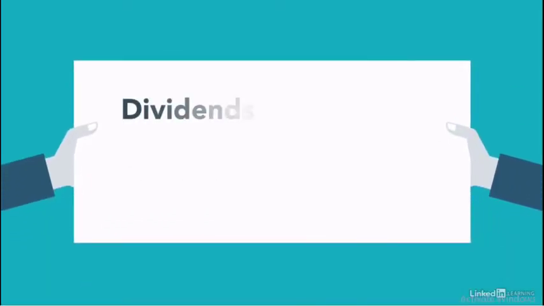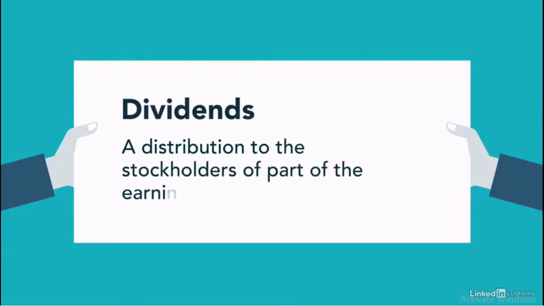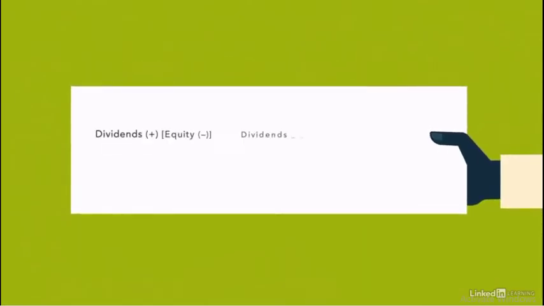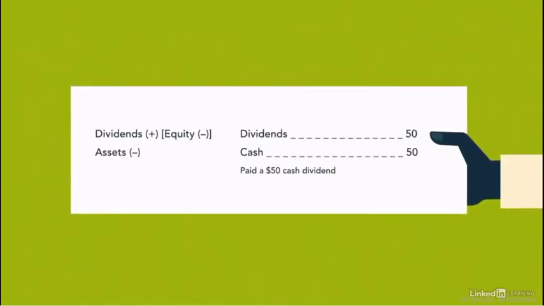Corporations that are profitable generally pay dividends to their stockholders. Dividends represent a distribution to the stockholders of a part of the earnings of the company. This is reasonable because the earnings belong to the owners of the company, the stockholders. The following entry illustrates the payment of a cash dividend with a debit to the dividend account and a credit